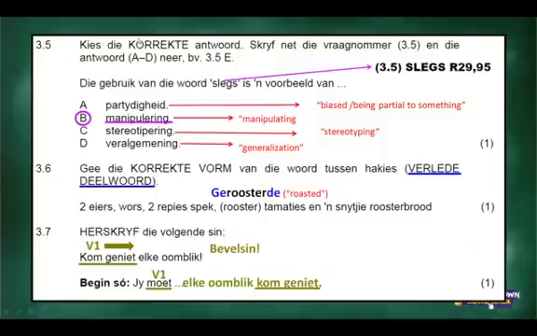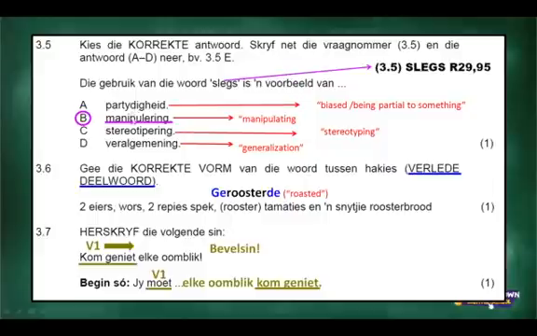Okay. Kies die korrekte antwoord, skryf nou die vraagnommer en die antwoord neer. Die gebruik van die woord slegs is 'n voorbeeld van partydigheid, manipulering, stereotypering of veralgemening. Okay, now slegs means only. I did put that little bit from the advertisement in here that you could just see. Slegs